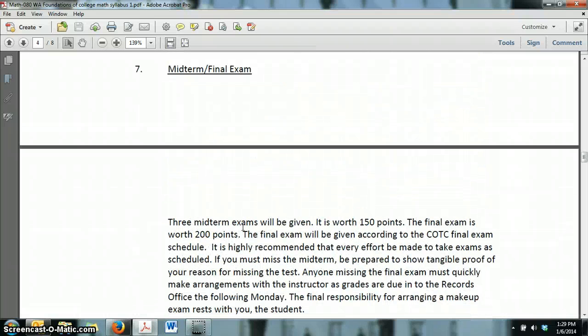Midterm and final, there's 3 midterms worth 150 points and a final exam is worth 200. The final exam is cumulative. It'll be given according to the COTC schedule, it's recommended that you make the exam